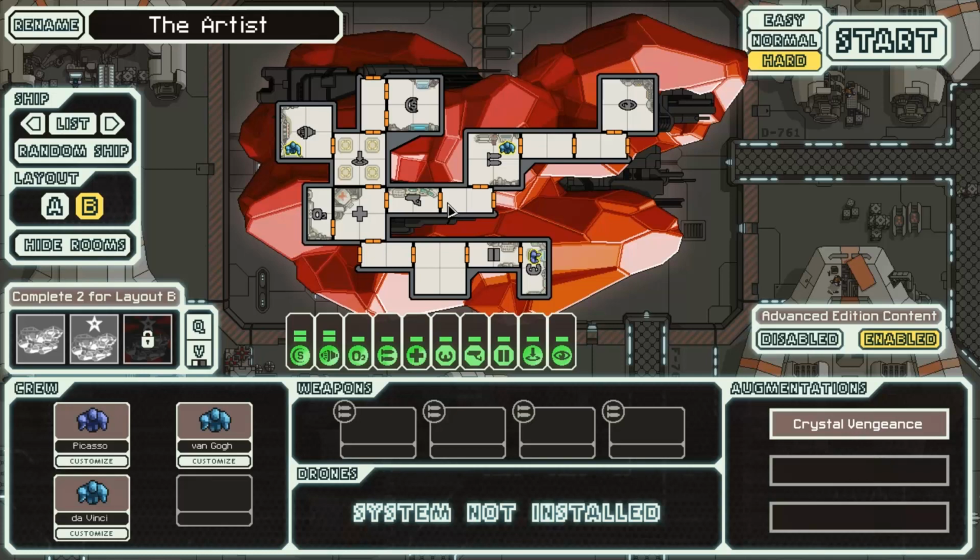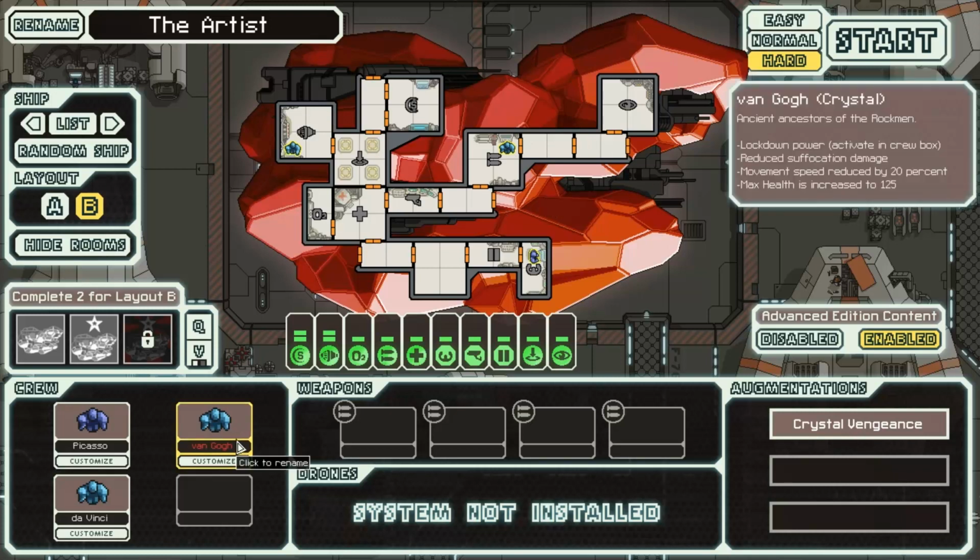So, the Crystal Cruiser Type B. It does not start with any weapons, which is one of the really big downsides to this ship. I believe it's like the Mantis B that doesn't start with any weapons, but it starts with cloaking and a 4-man teleporter, so this is definitely one of the most powerful ships in the game in terms of boarding. And you also have crystal crew members to board with. They come with that very special lockdown power you can see there, which activates in a crew box. I've shown that in previous videos, so I'm not going to go over that in too much detail. But yeah, these guys are absolutely one of the most powerful species in the game, rivaled probably only by the